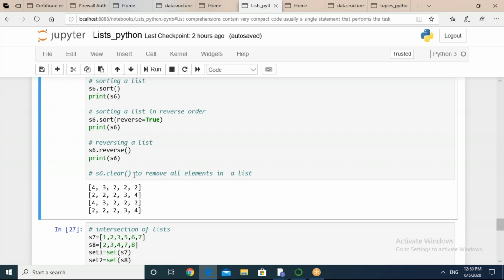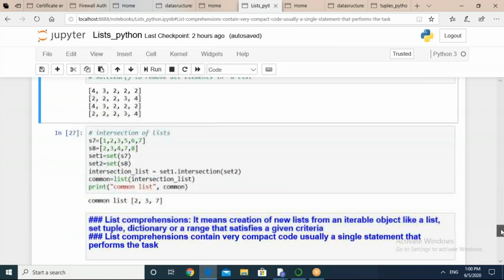If you use it without proper care, it may end up damaging the data that you have created. So use the clear command very carefully, otherwise it will clear all the contents that you have just added to your list. So let us move further.